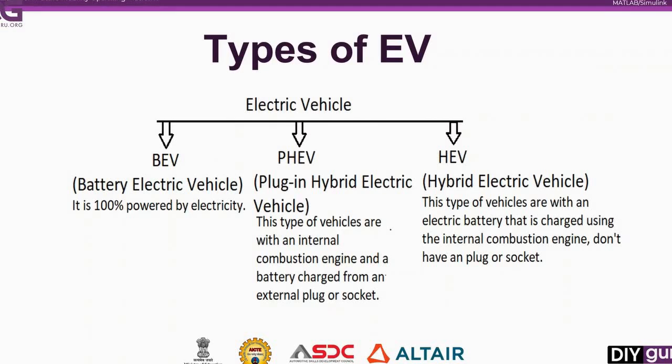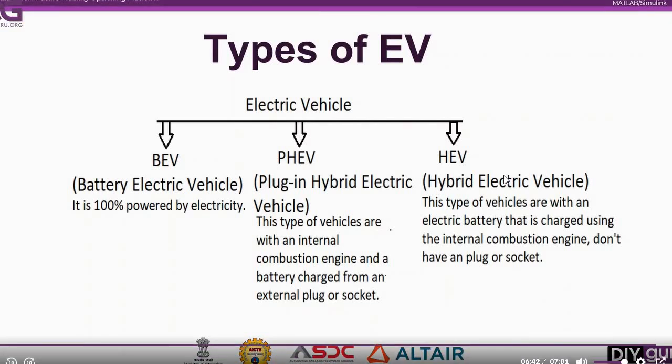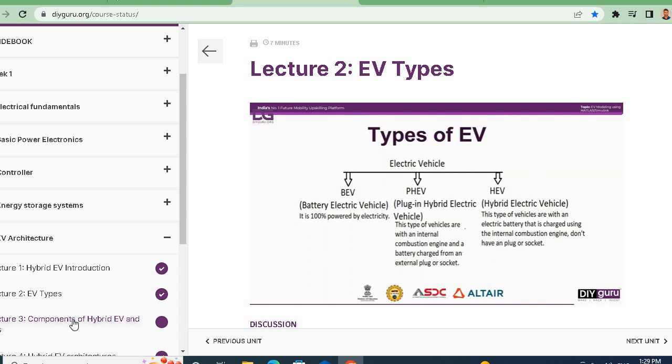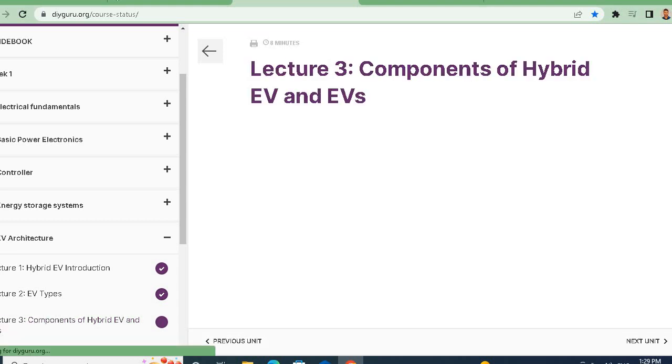Okay, so this was all about the types of EVs. So we saw three types: BEV, PHEV, and HEV: battery electric vehicles, plug-in hybrid electric vehicles, and hybrid electric vehicles. In the next videos, we are going to dwell into these types of vehicles individually and see what are the